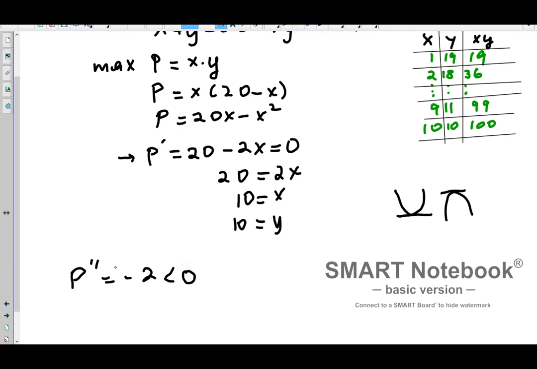So if the second derivative is negative, that means it's concave down. And if it's concave down, that means the point that we found at x equals 10 represents indeed a maximum for our